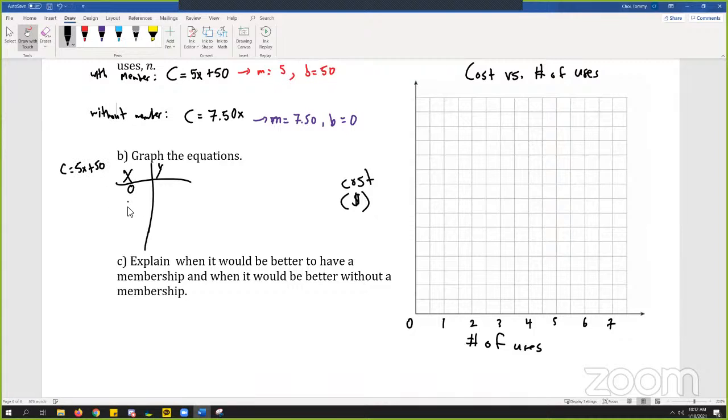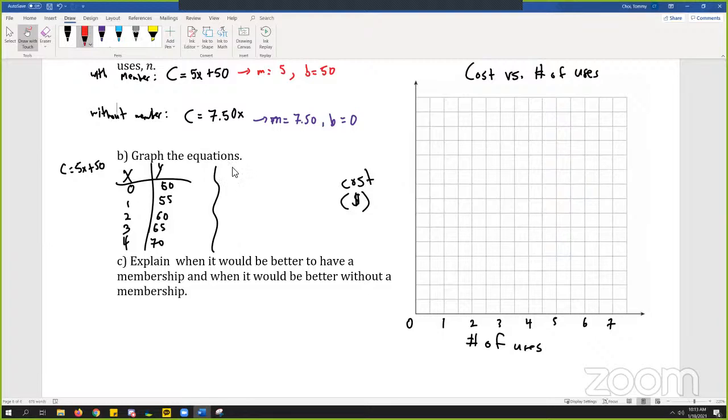we're going to go 0, 1, 2, 3, 4. So if you go 0 times, you still pay $50. If you go once, you pay 55. Twice, you pay 60. 3 times, 65. 4 times, 70. So I think we can figure out what